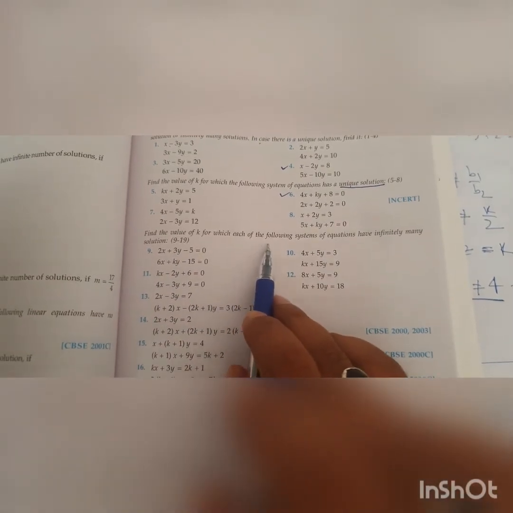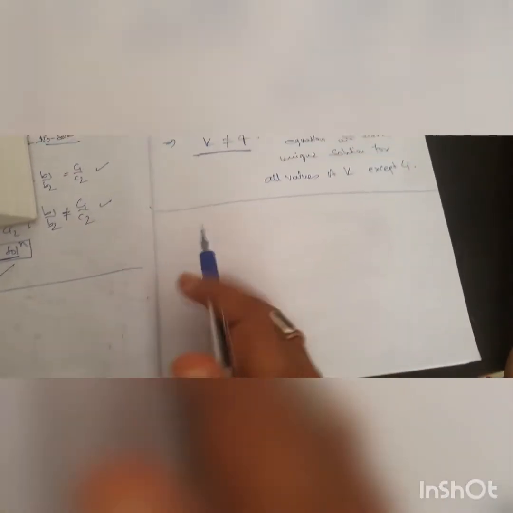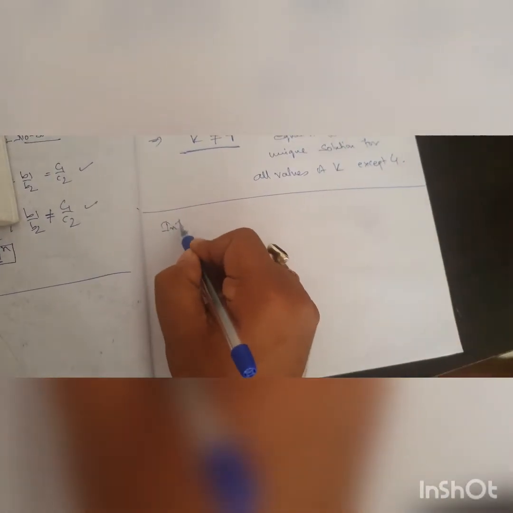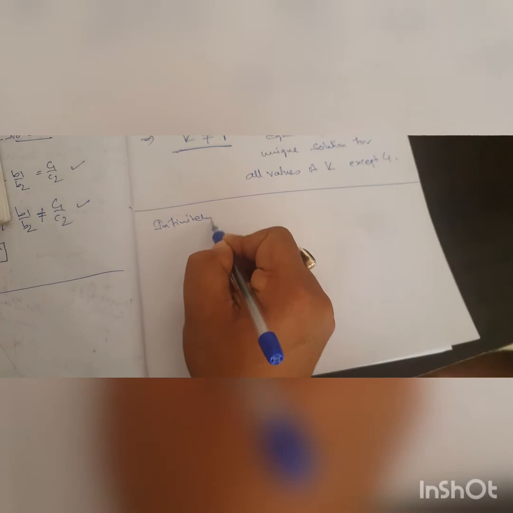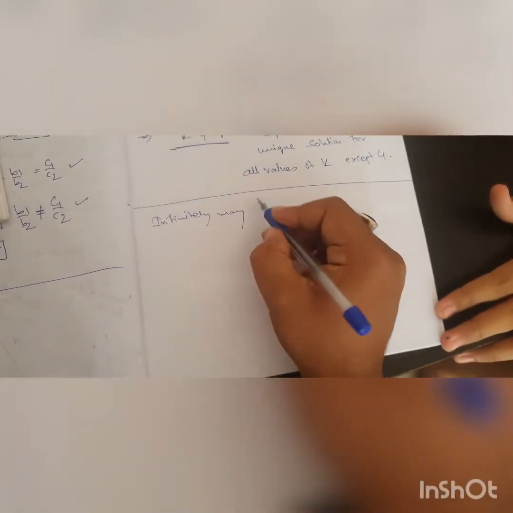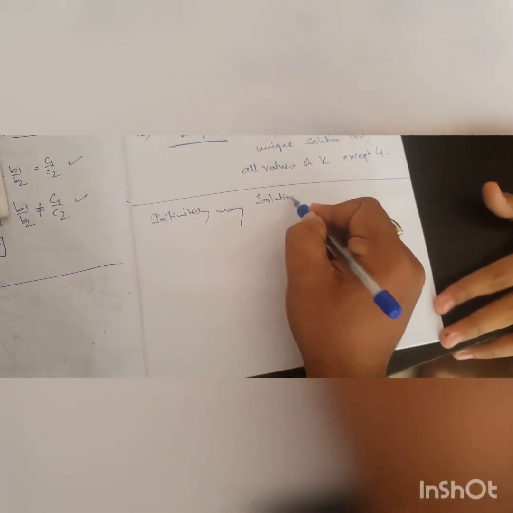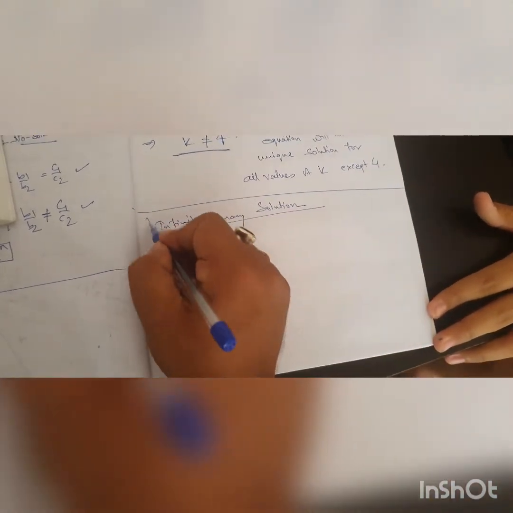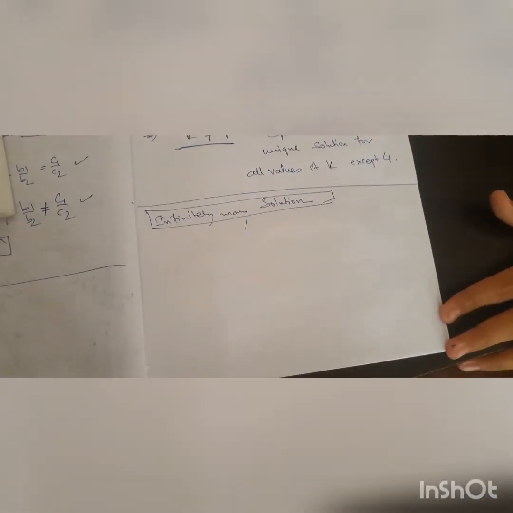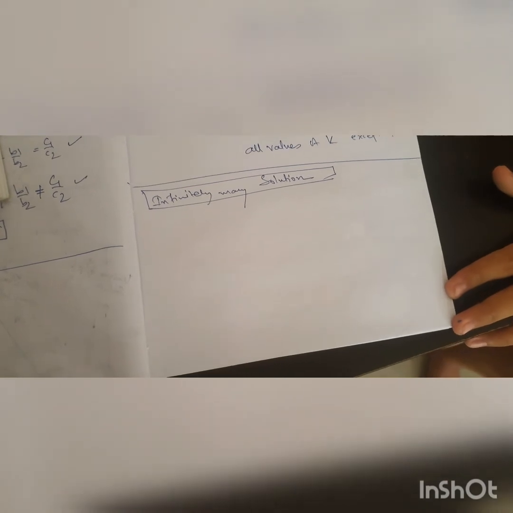Now if you see this question, find the value of k for which the following system of equations has infinitely many solutions. Okay, now if I go for infinitely many solutions, what can be the case? Suppose for example they have asked me to find the value of k. Let me pick a little bit tricky or difficult looking sum. No sums are difficult, it can only be a difficult looking sum.